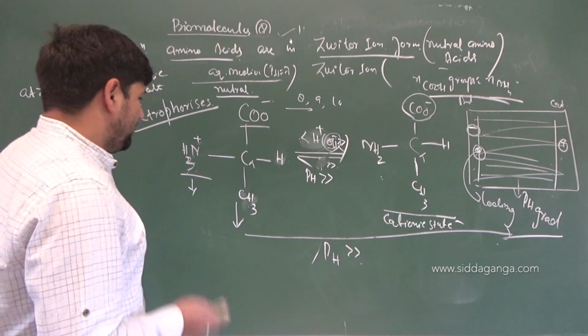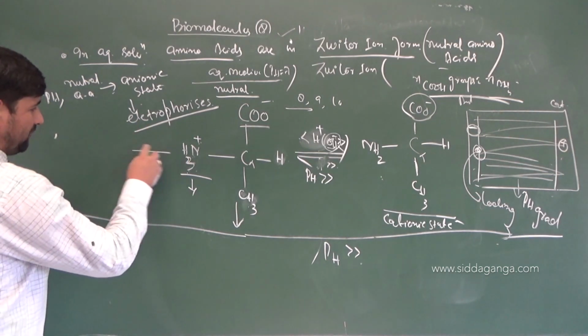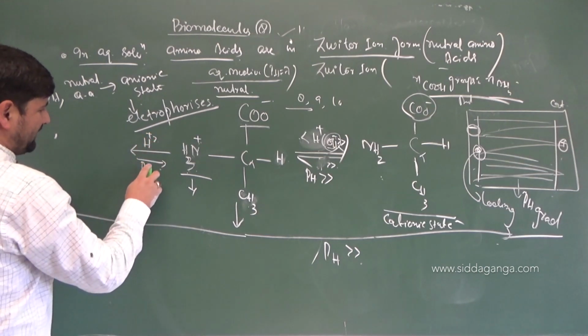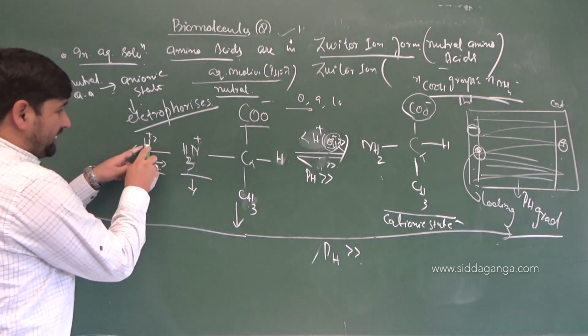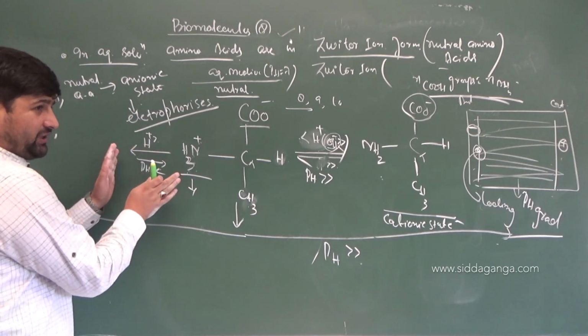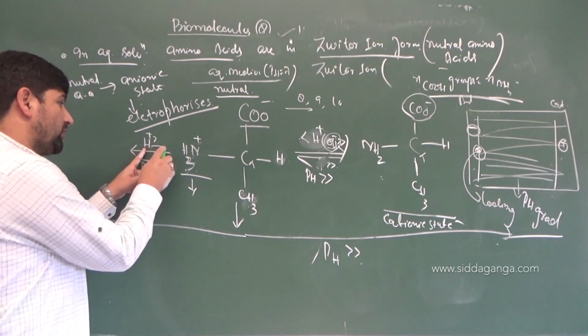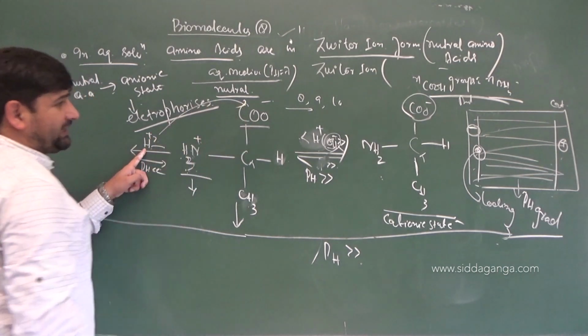Am I clear or not? Let us change it. Come in this direction, children. So I am increasing H plus. Here suppose pH is equal to 1. Highly acidic or not? Yes. So pH is 1. It is acidic now. Now what I am doing, children, is increasing H plus ion concentration. That means pH is decreased. So when pH is decreased, what will happen? Already H plus ion concentration is more. There is an equilibrium. According to Le Chatelier's principle, NH3 plus, although it's an acid, won't show a reaction because already H plus is more. What needs to happen is this H plus should be used up. That can only be done when this H plus will be taken up by COO minus.